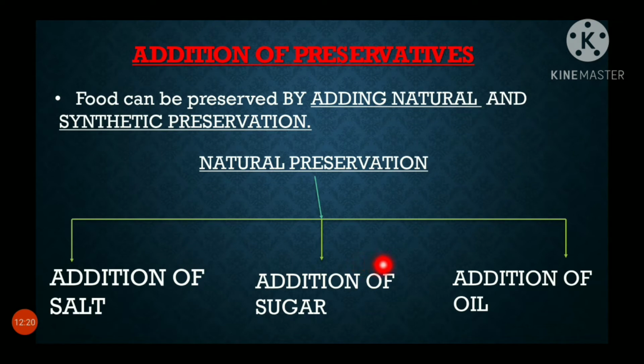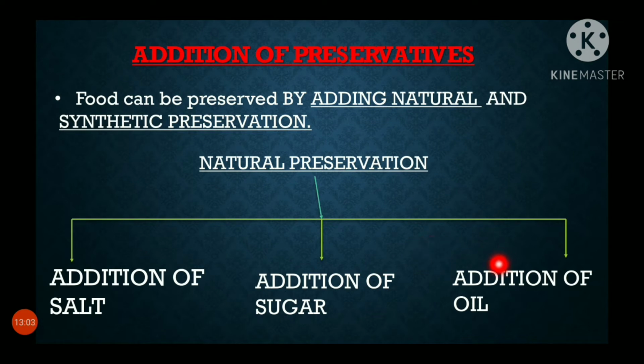Addition of sugar. Sugar or honey is added as a preservative to increase the shelf life of fruits. Listen carefully, the sugar is added only to fruit substances. Fruit products like jams, jellies, squash. Because of its hygroscopic nature, the watery content in the fruits is also removed by the sugar, and it will make it solidified. And it will keep the jam, jellies fresh and the color also as it is. There is no change in the color.